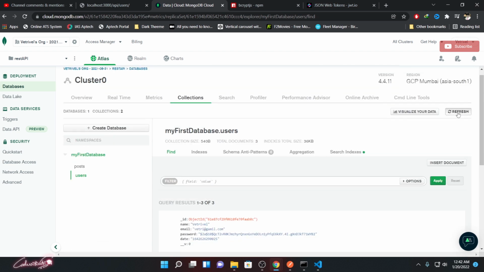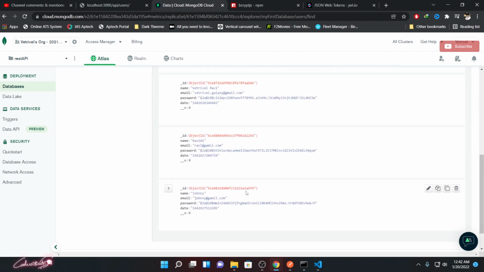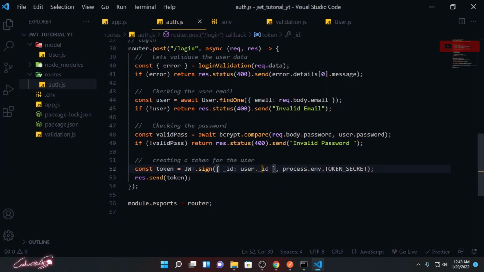Oh, let me refresh it. And you can find that ID. See here, 1A9F4. If you check over here, 1A9F4, this is the ID which we passed, and this is IAT. It's nothing but the time when he logged in. So this JSON Web Token keeps track of this particular ID session. For a certain amount of time, after that it will automatically remove this token, so that the user needs to log in again after a while if the user is not using it. So this is how we can manage that particular token.